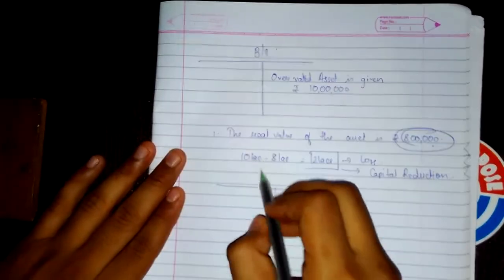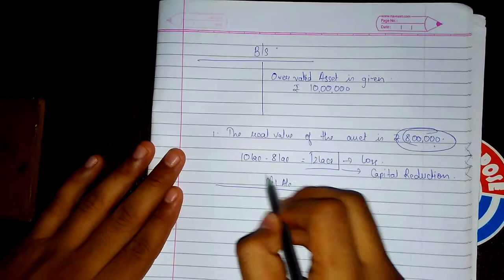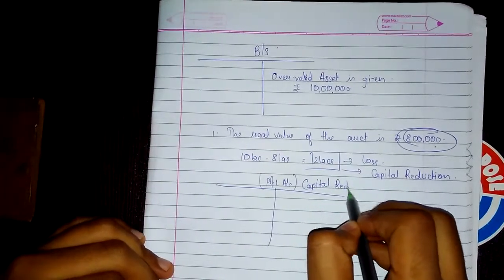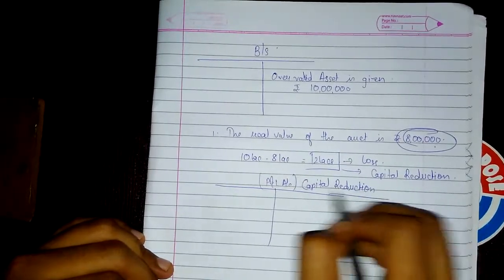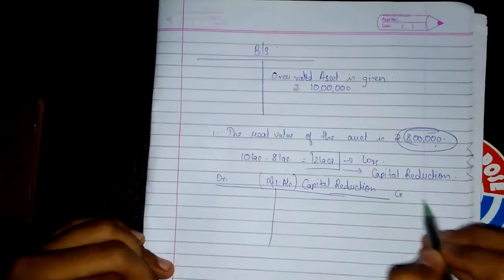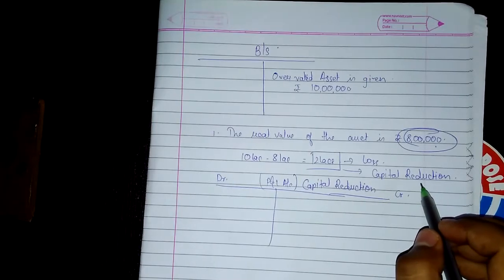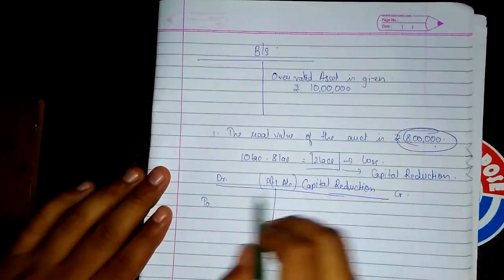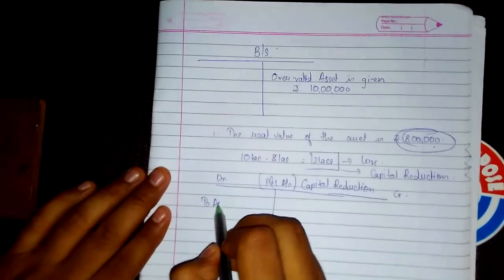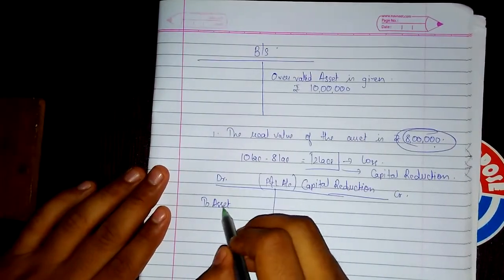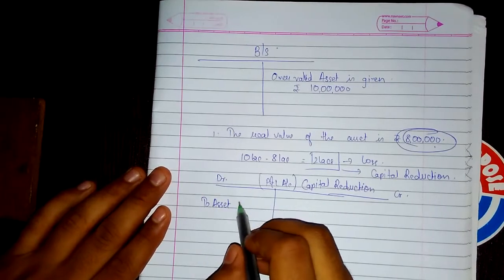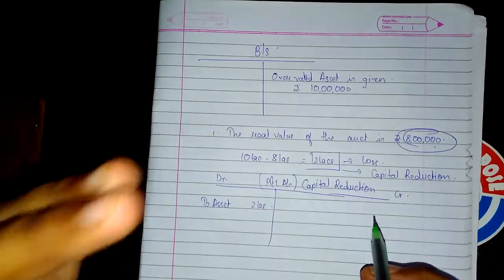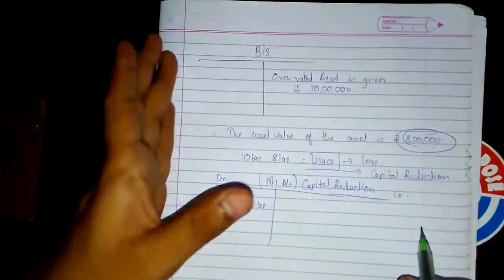So what is the entry? Just recall your P&L account. I'll write it in brackets, but this is capital reduction. On which side, debit or credit, will you post this loss, the capital reduction? Since there is a loss of rupees 2 lakhs, that is a capital reduction of 2 lakhs of the asset, on the debit side you will write capital reduction account debit to asset 2 lakhs loss. Okay, that is capital reduction. Now I hope you all are understanding what capital reduction is.